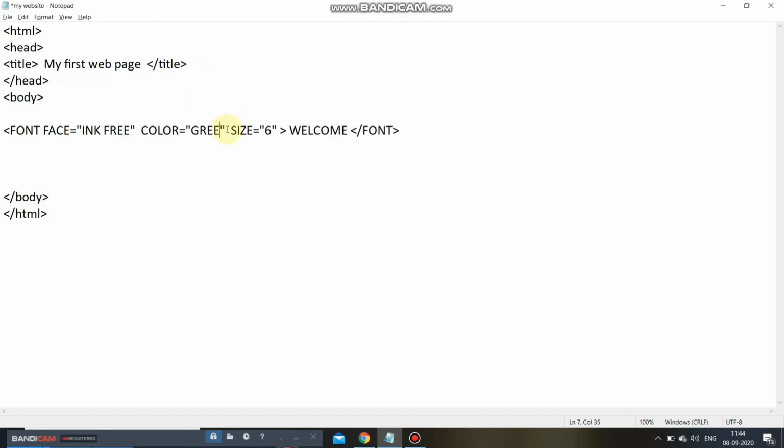I want color blue, and size should be maximum 7. Alright, so I'm just saving it by pressing Ctrl S. Now I'm going on the web page and refreshing the page. Can you see the change? This font style is Ink Free. So changes have been made.